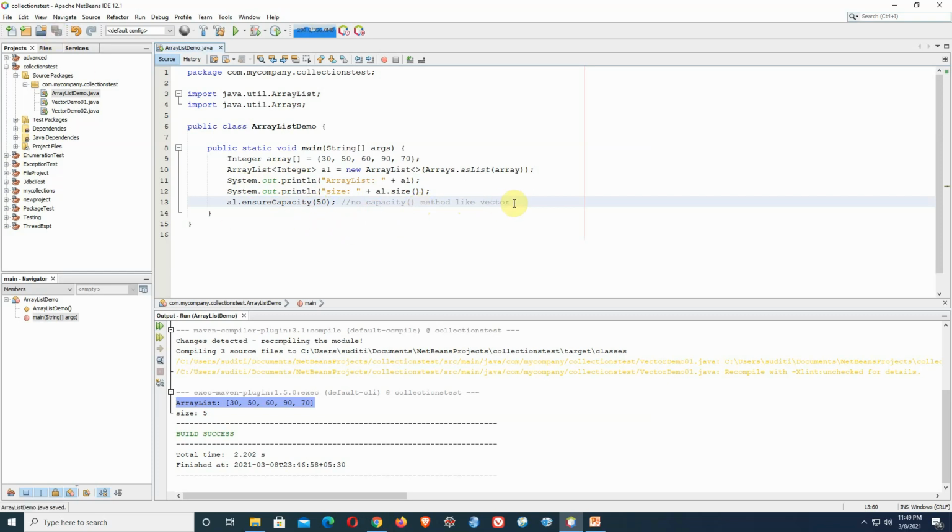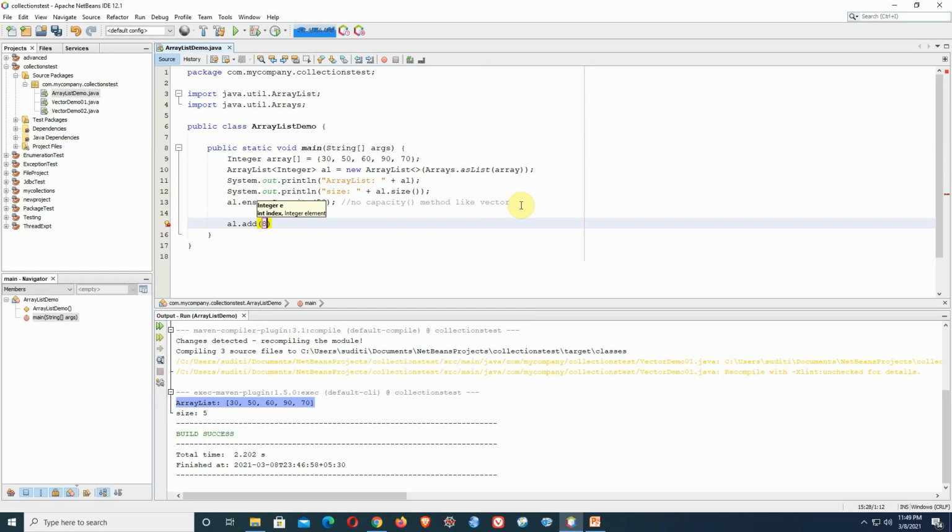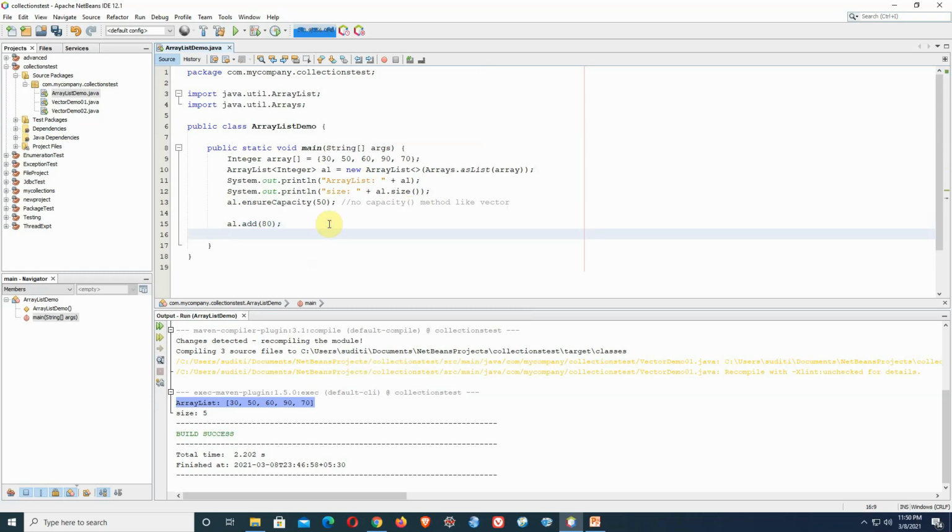So now I am going to add more elements onto it. Suppose now I am adding here the element 80, which will be added here now. There is another overloaded version of the add method.